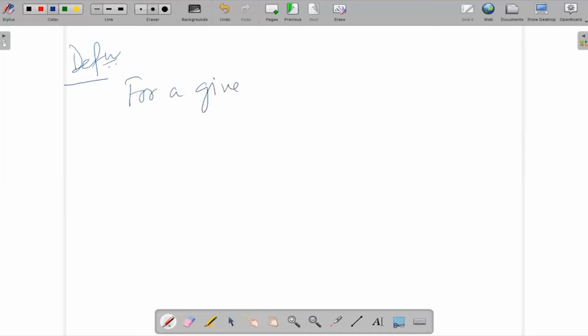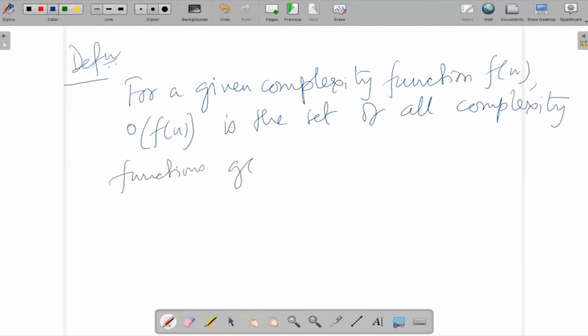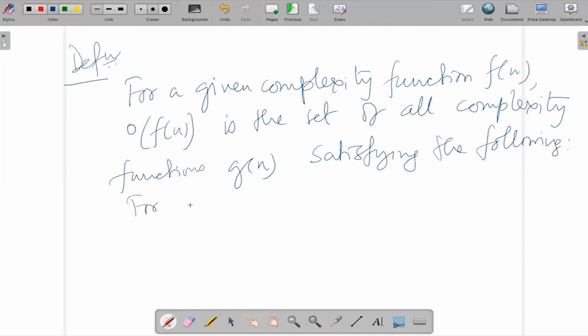For a given complexity function Fn, small o of Fn is the set of all complexity functions Gn satisfying the following. For every positive real constant C,